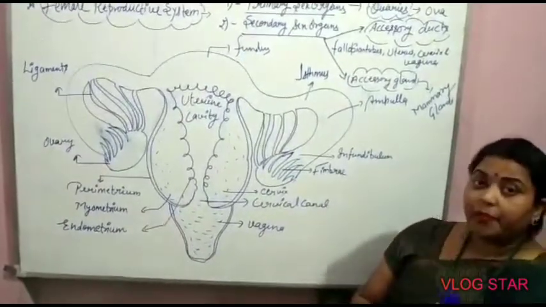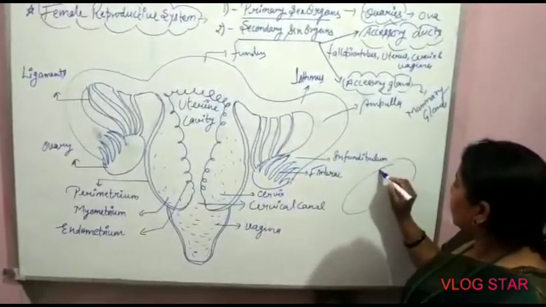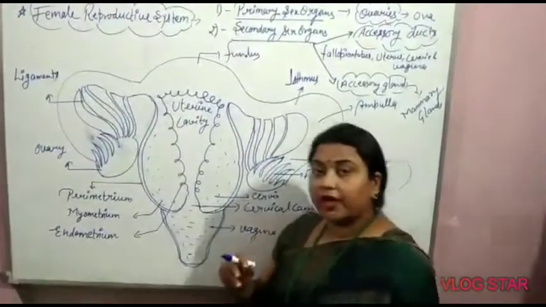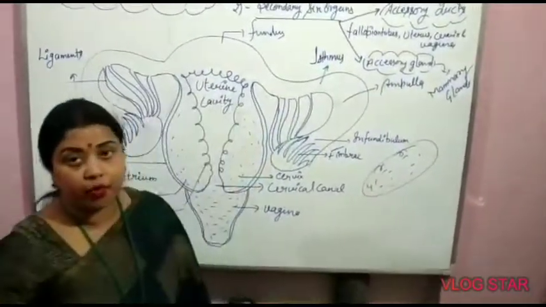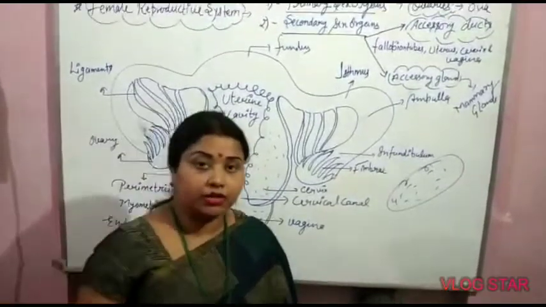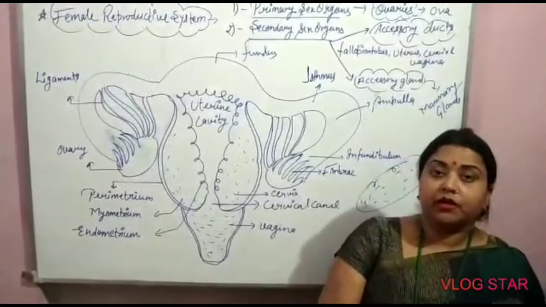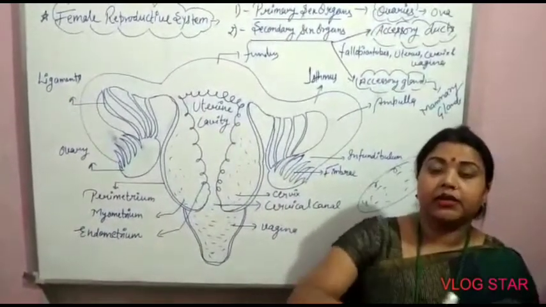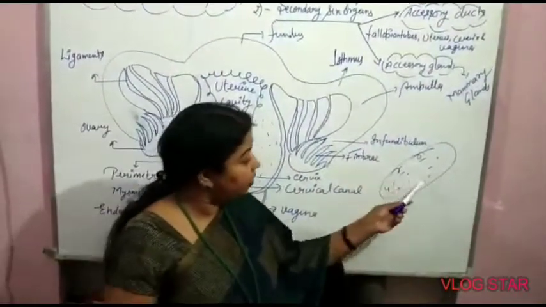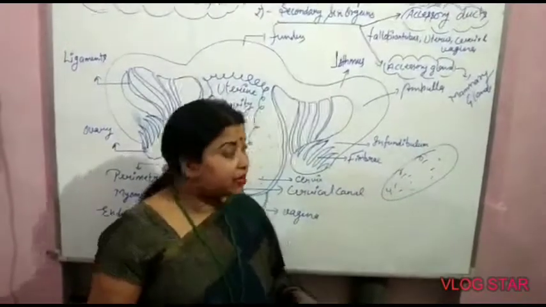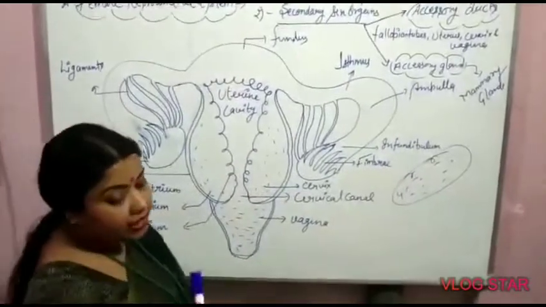Ovaries are grayish pinkish in color. On the outer surface of the ovaries, many follicles are produced, while in the inner part of the ovary there is the stroma, and the stroma is divisible into two parts. The peripheral region of the stroma is called the cortical stroma, and the internal region is called the medulla. In the medulla region of the ovaries there is a lot of connective tissue in which blood capillaries are present. We will discuss this later when we describe the structure of the ovary in detail.